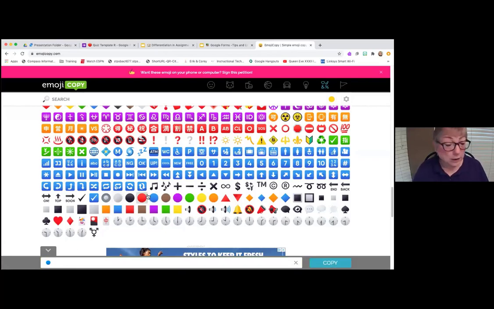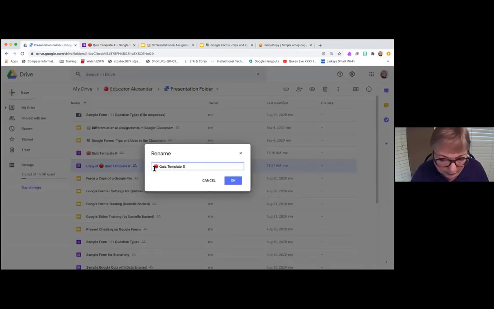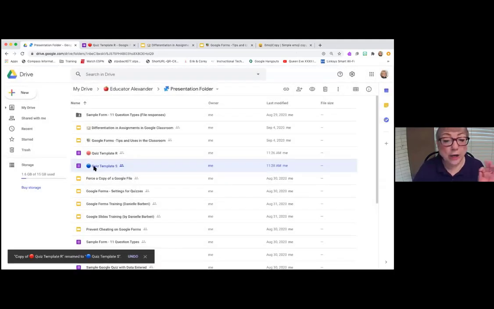Now you can use any colors you want. Obviously, you can use your school colors, whatever. I just picked red for mine. So I copied that, and then I'm going to go back here to where I'm making the template, and I'm going to put the blue dot. So now I know whenever I see a blue dot or blue circle, it's my special students.